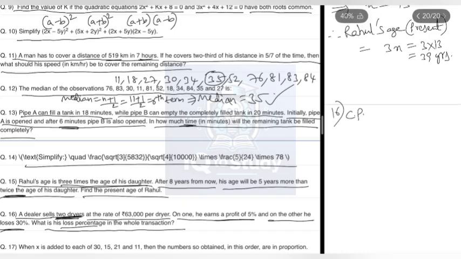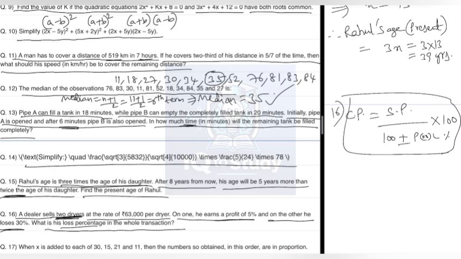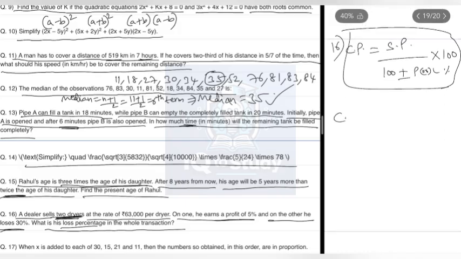We know that cost price is equal to selling price divided by 100 plus or minus profit or loss percent into 100. Let's consider it for two dryers. First dryer, he earns a profit of 5%. So, cost price of first dryer